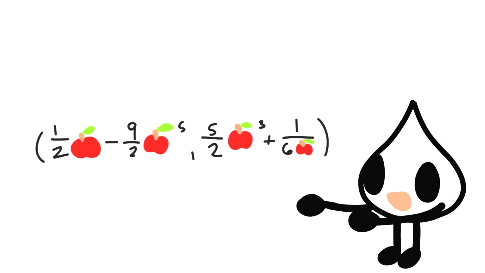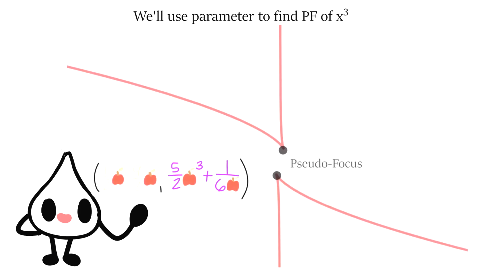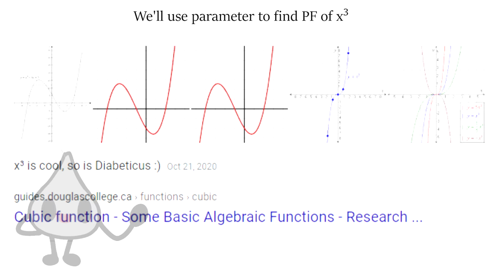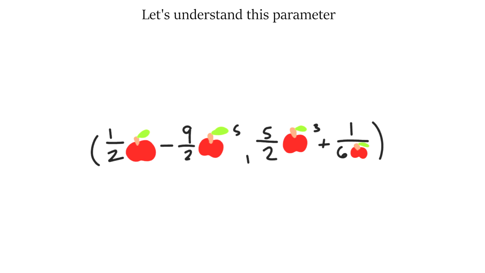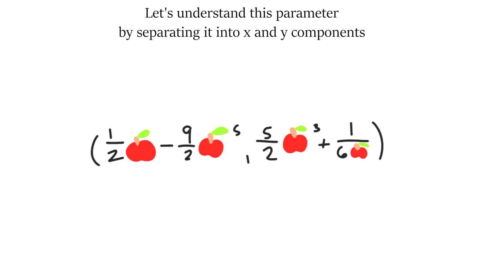Moreover, if any value of apple on this parameter sits on the cone of the normal map of x cubed, then all values of apple draws the cone itself. Now, in this episode, we will use our acquired parameter as a means to ultimately locate the pseudo-foci of our dear friend x cubed. To begin, let's understand how the parameter works by separating it into two separate x and